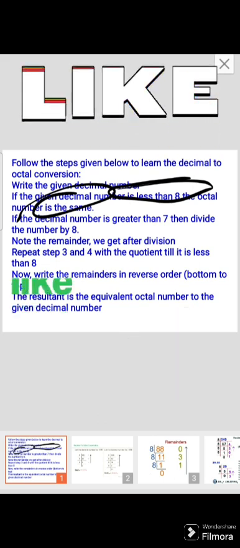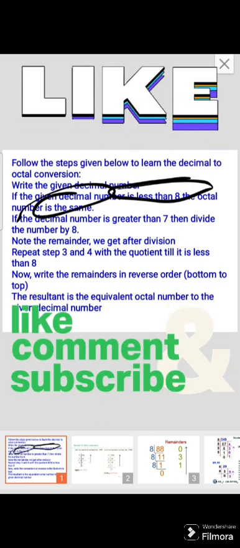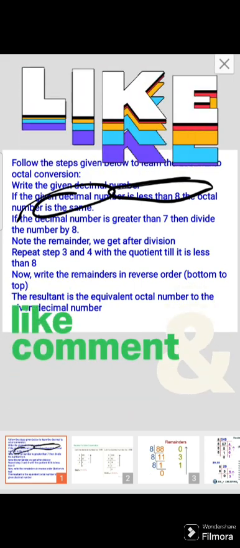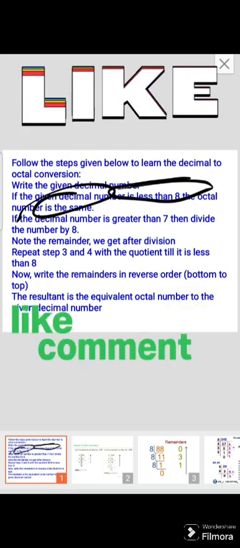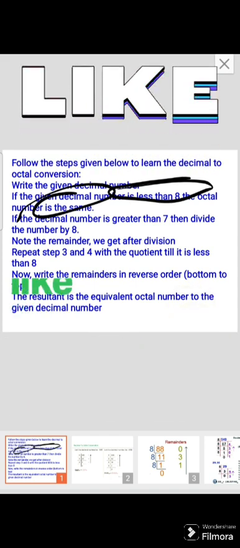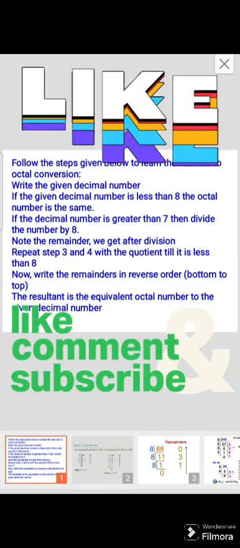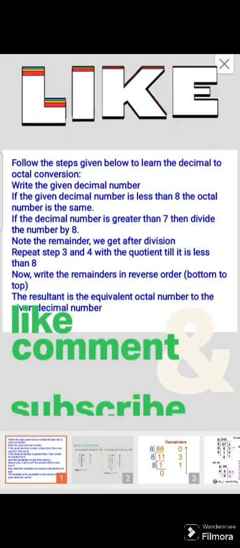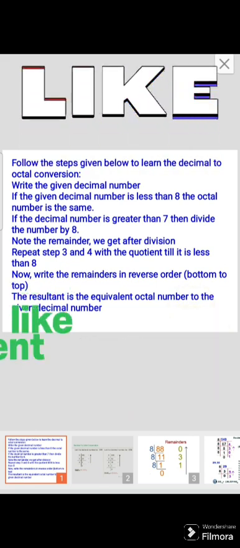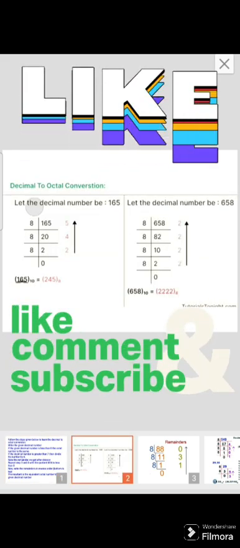करेंगे और उसका आंसर निकालेंगे, रिमाइंडर को एक साइड लिख देंगे, फिर उसे डिवाइड करेंगे, फिर उसका आंसर जो रिमाइंडर बचेगा उसे एक साइड लिख देंगे। ऐसे करते रहेंगे जब तक कि जो आंसर है वो लेस देन या 7 के बराबर आ जाए। फिर उल्टे ऑर्डर में लिख देंगे उसे, यानी जिस तरीके से हमने उसे पाए हैं, और हमको ऑक्टाडेसिमल नंबर मिल जाएगा।